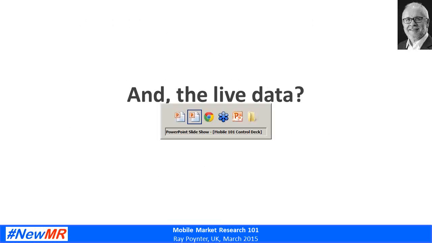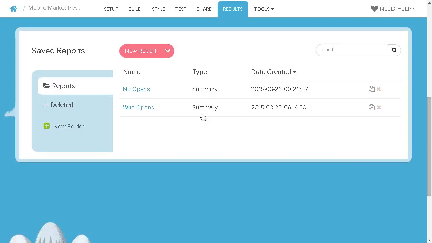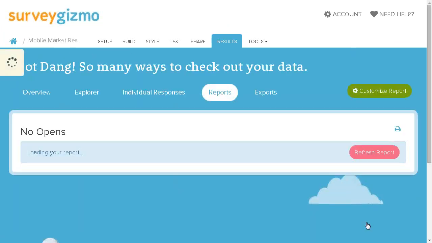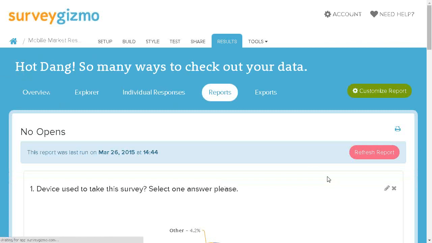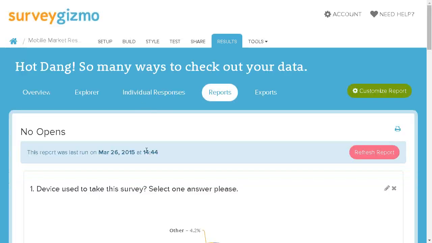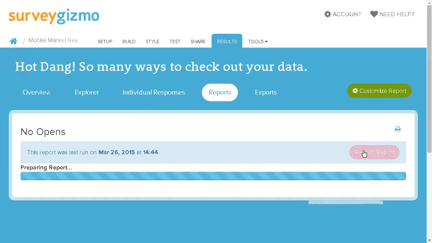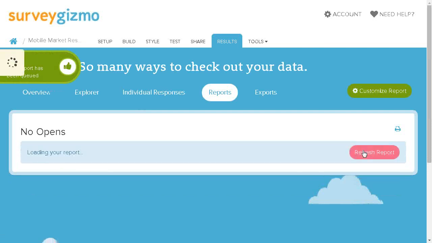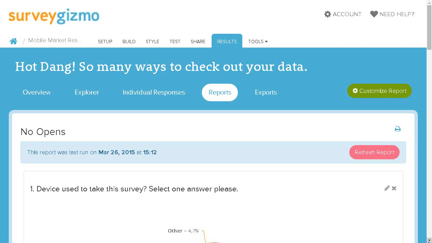So we're now really going to go without a safety net and just have a look at the live data and hope that it comes through. Oh, let's log back in. And go to reports and scroll down. Apologies for that. I'd left it logged out too long. So refresh the report so we get all of those latest responses. If we just scroll down,